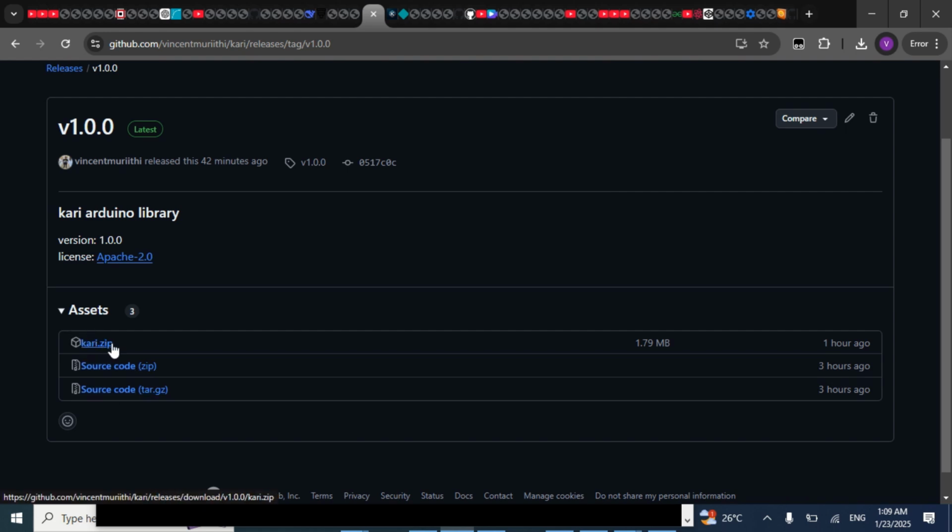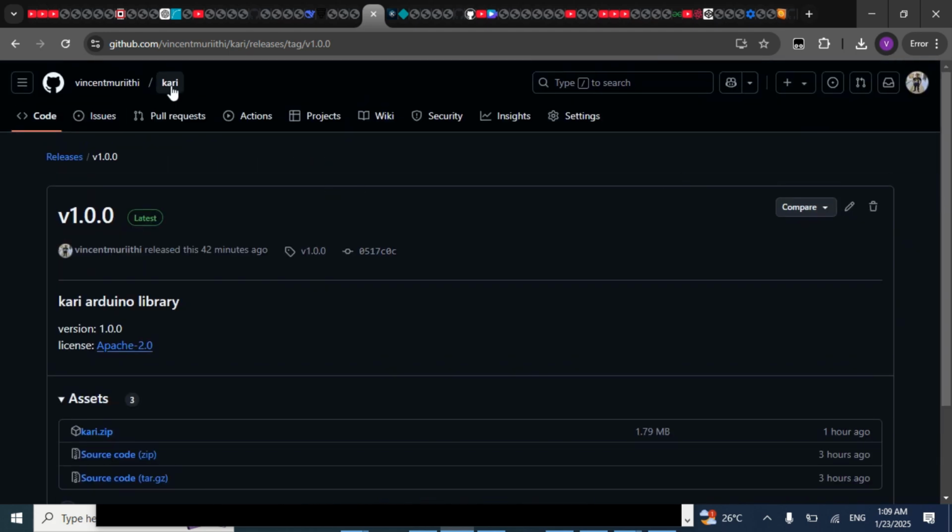You click kari.zip, and that way you download the zip file of Kari, which you can extract, and you get the folder. Downloading from here and downloading from the Kari website is just the same thing. So I'll show you how you do the extraction from the Kari website. This is where you get the zip folder when you want to download it from GitHub. So now let's go back to